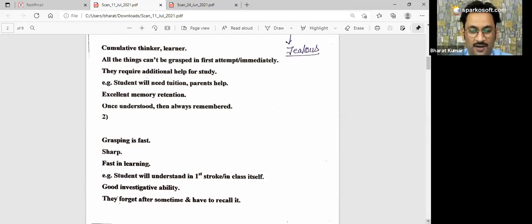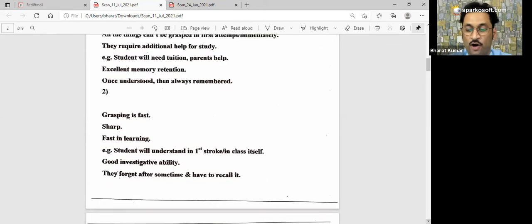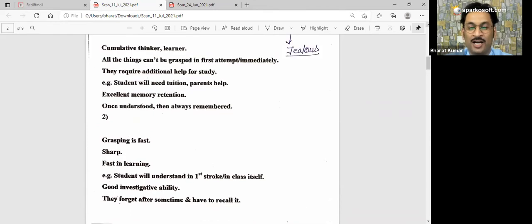Oh, Apurva, I was like that, I did things quickly most of the time. Oh, Hazira, got it. They forget after some time, so they have to recall. Do you agree with this? You need to recall many times because of quick learning and quick forgetting. This is the problem. Okay, Hazira said kind of. So they need more revision. Actually, you can say they are good learners, but need more revision. So how many of you have faced this situation, that you are a good learner but need more revision, otherwise you will forget?